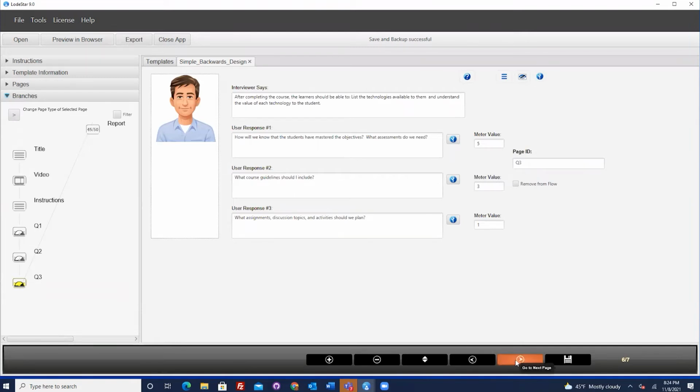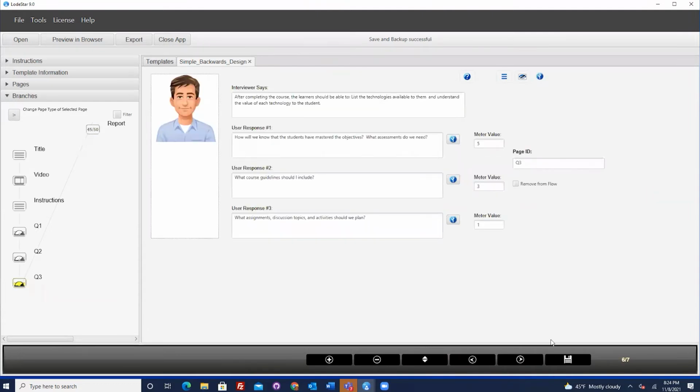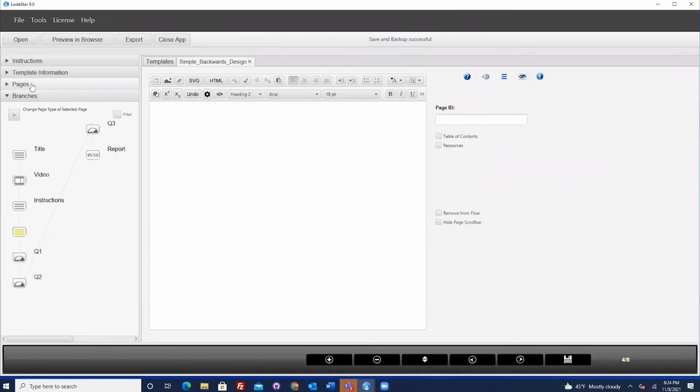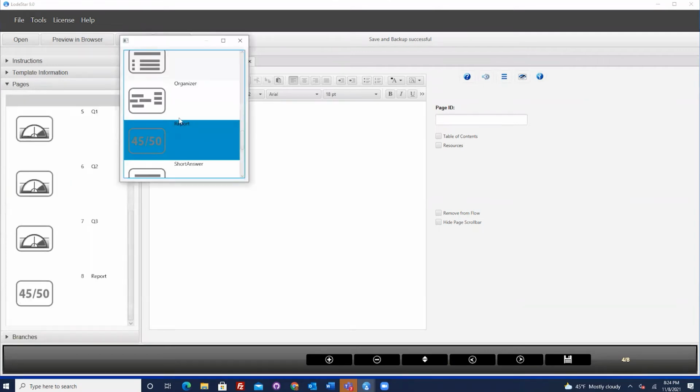And here's where we can make it interesting. So before the report, I'll add both a wall and a gate. And right after the instructions, I'll add a gate. So I'll hit the plus sign. Let's go back to our page view. Change this